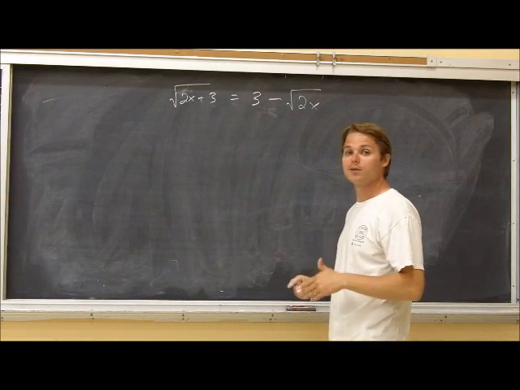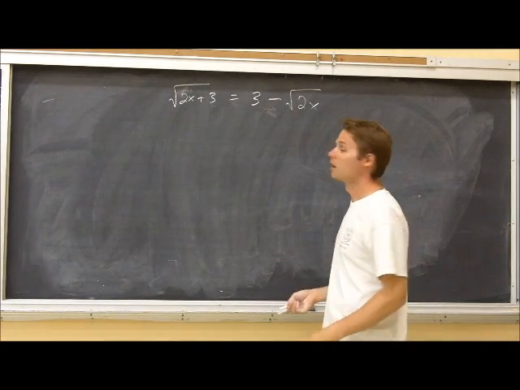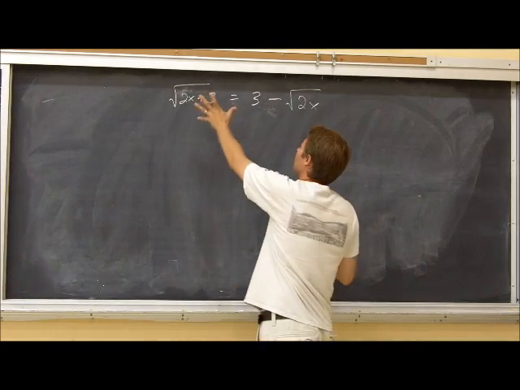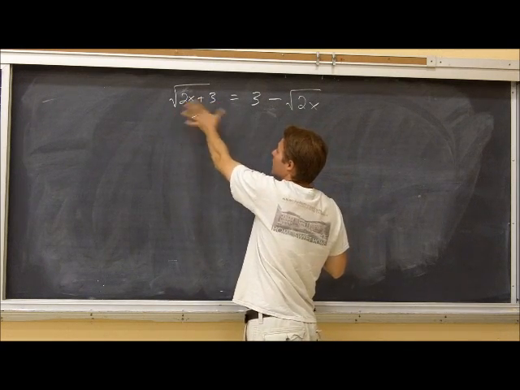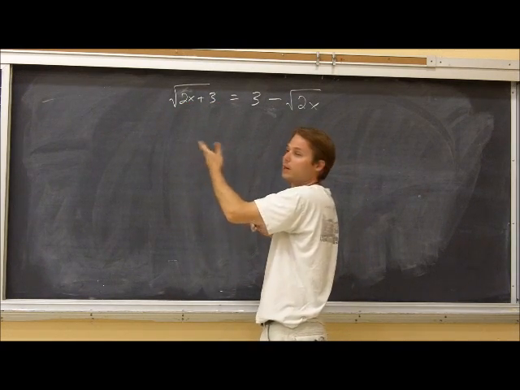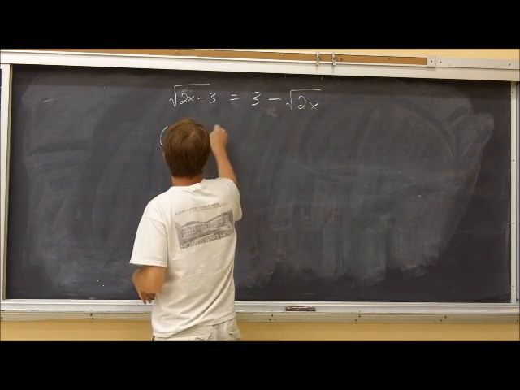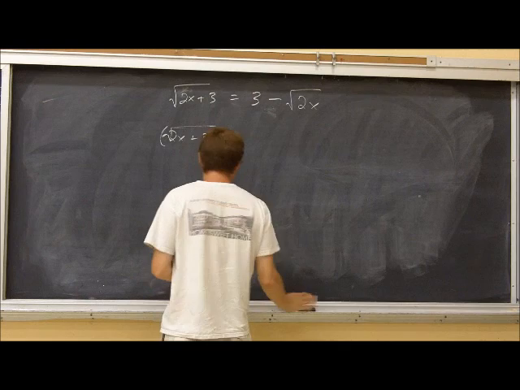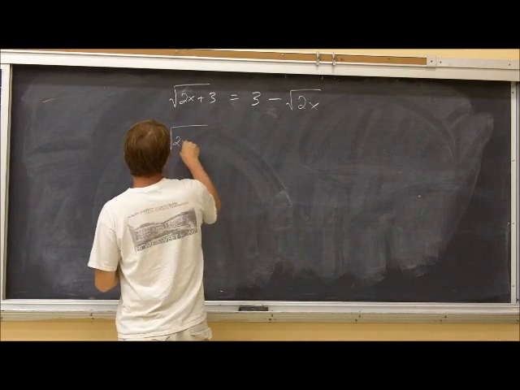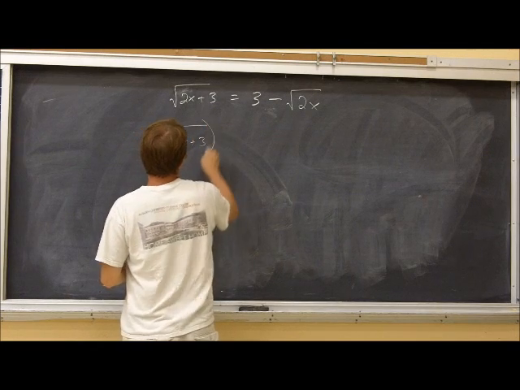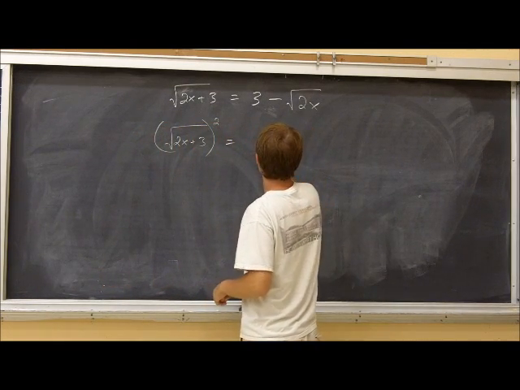So in this case, I'm actually going to end up having to square this thing twice, and I'll show you what I mean. I'll start off by getting it moved around as much as I can. So I have just one radical by itself on one side. That's the best I can do right now. So I'm going to go ahead and square. So we'll square this left-hand side, so the square root of 2x plus 3 quantity squared. Now when I square this right-hand side,